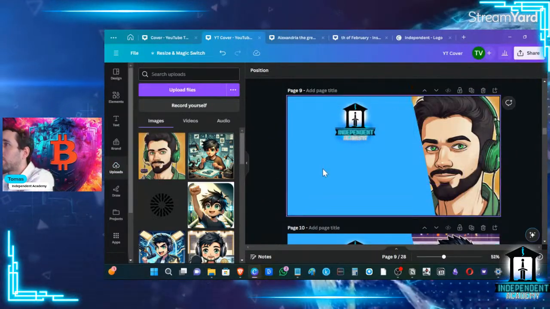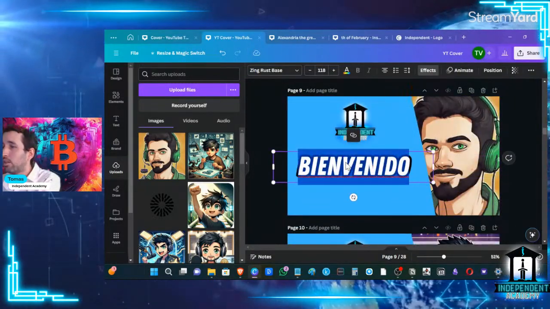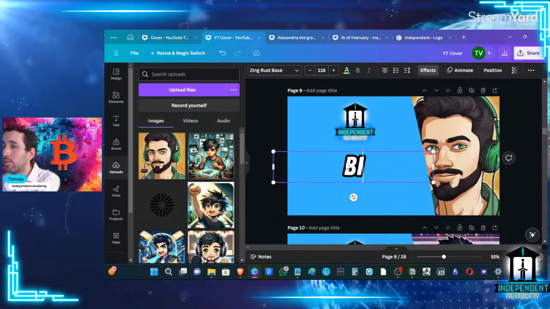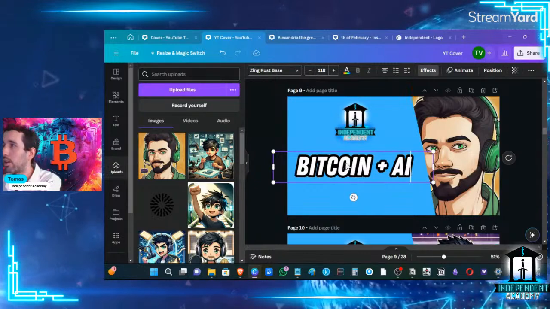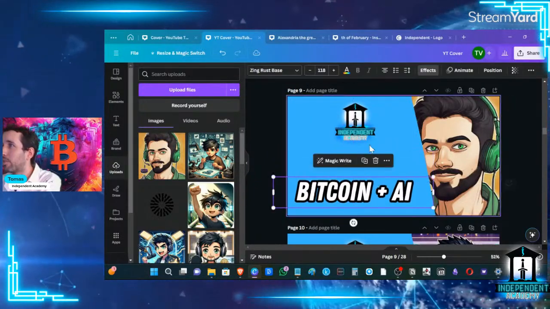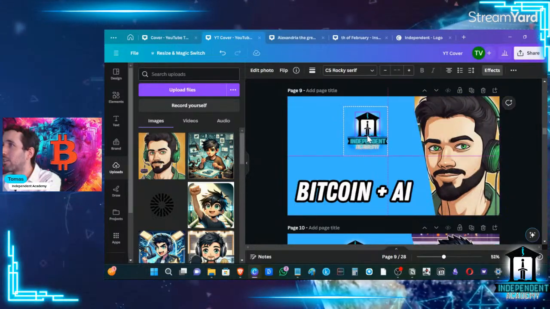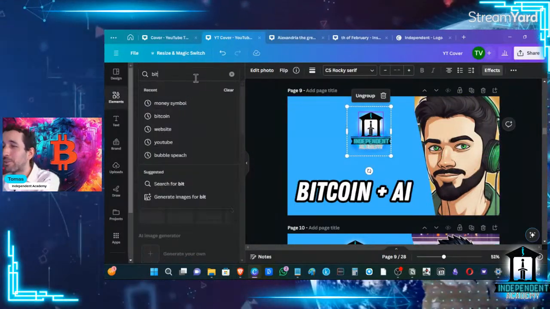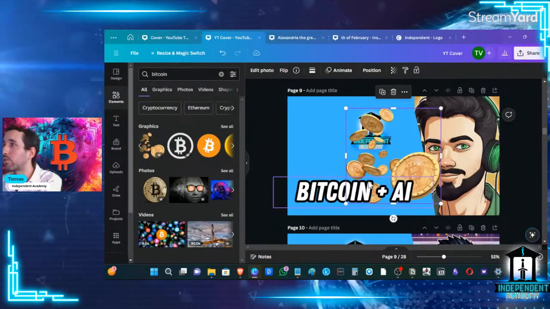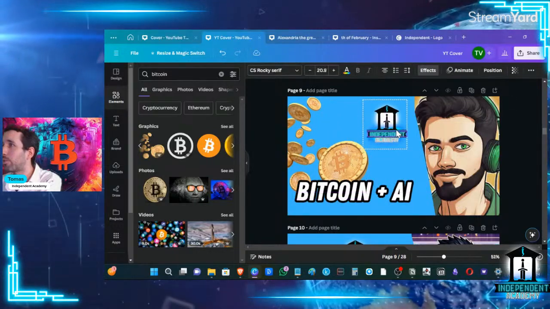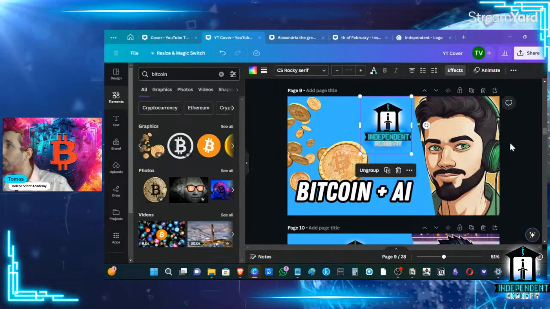Actually, hold on. This is terrible. Not that one. This one. Sats Bitcoin less. Yeah, I might add some more stuff there, but there you go. Okay, let's add some. This looks terrible. Yeah, we've seen how to use Bitcoin with the AI tool and how we created the image for the thumbnail itself, which we will use for the YouTube video.